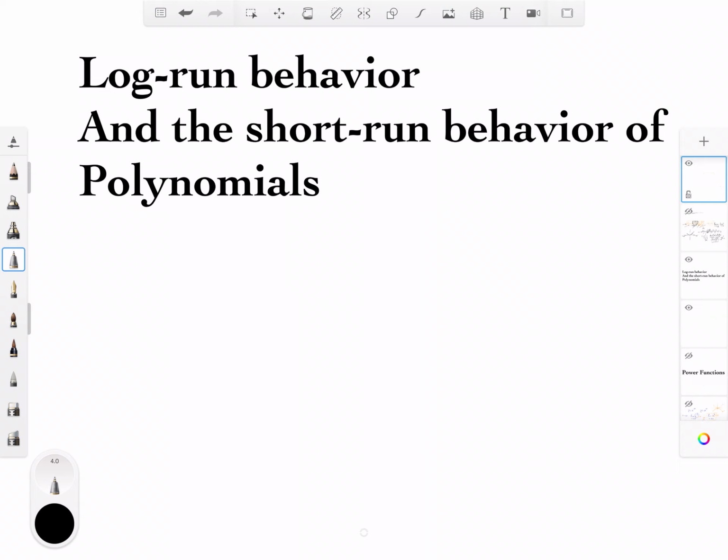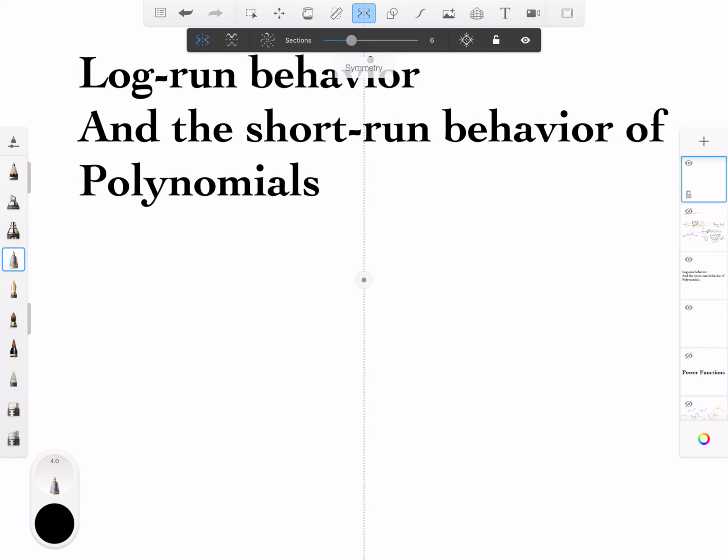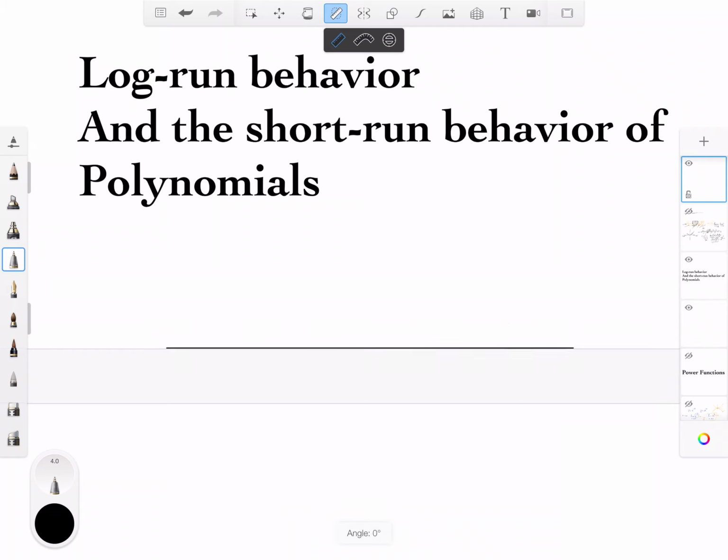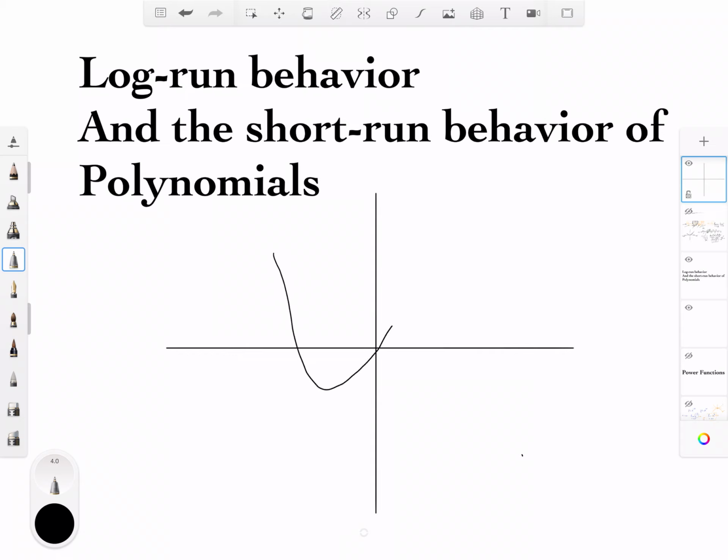The short run, for example, let's say we have a graph like this. So this is actually degree 4. In the long run, it will be the same as a U, but in the short run,